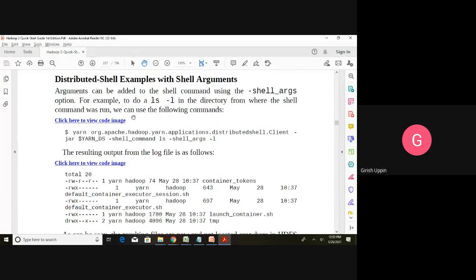Arguments can be added to the shell commands using -shell_args. If I want to include arguments, we can use this particular option. The example taken is ls -l, which will list the directory.